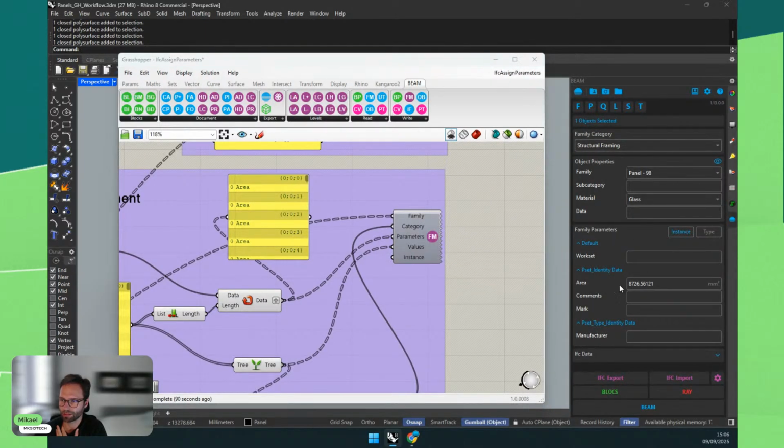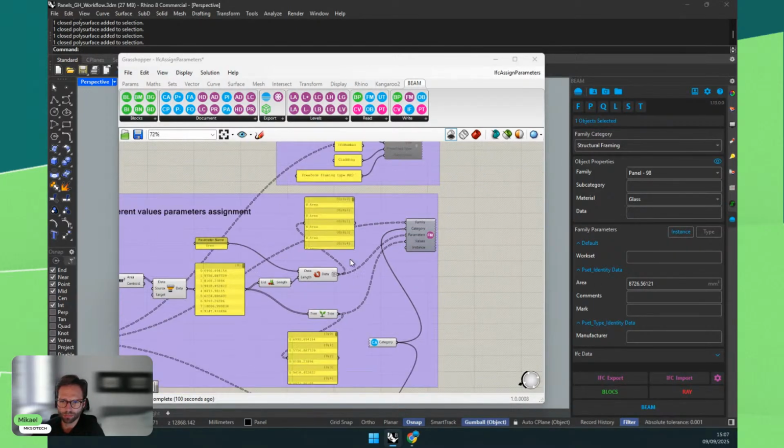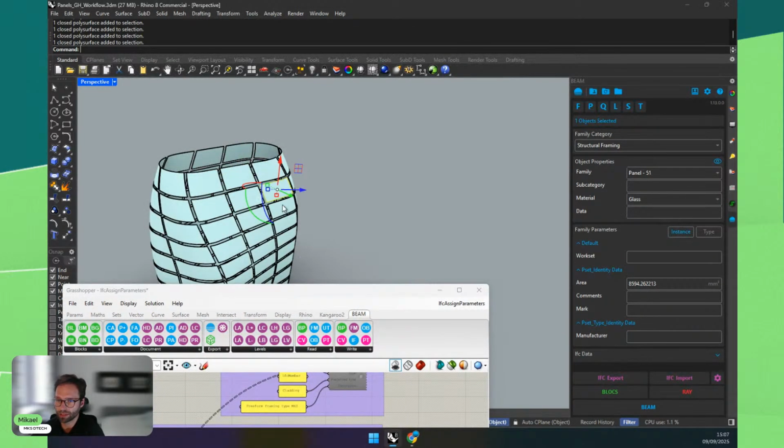If I enable it, you can see now my area in millimeters has been applied to the objects. So as I change my geometry, it will populate automatically my area value for each individual panel. Let's click some other panels, and you can see the area is instanced on each panel type.